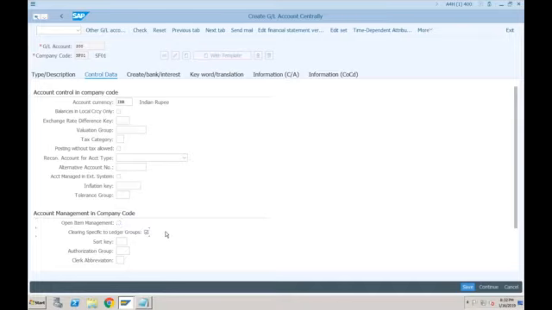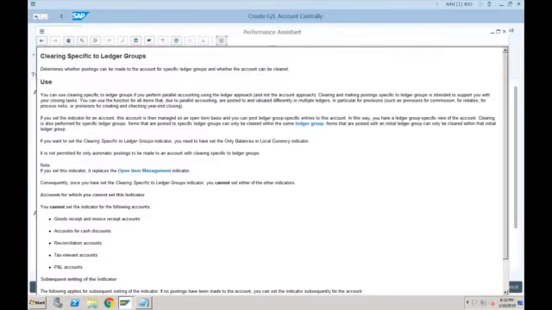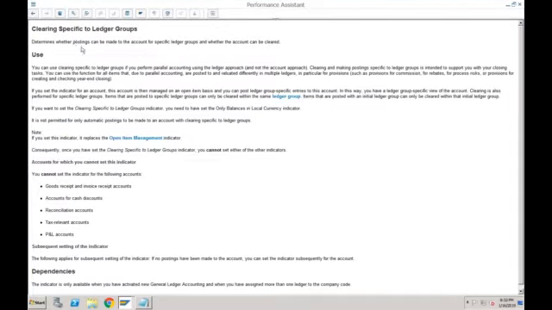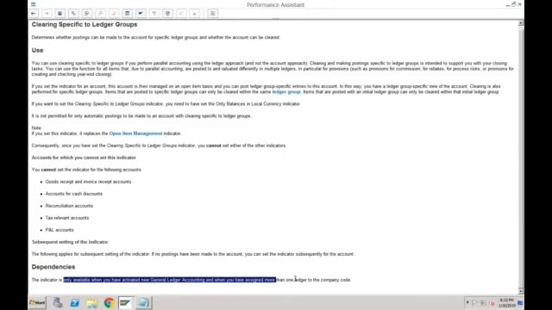Now, if you see this, which is clearing specific to ledger groups, this is mainly for the other ledgers apart from the leading ledger. It determines whether postings can be made to the account for a specific ledger group and whether the account can be cleared. The indicator is only available when you have activated the new GL accounting and you have assigned more than one ledger to the company code.